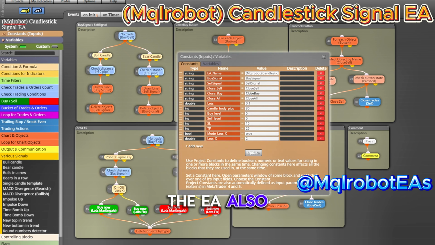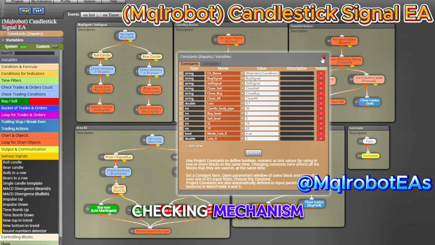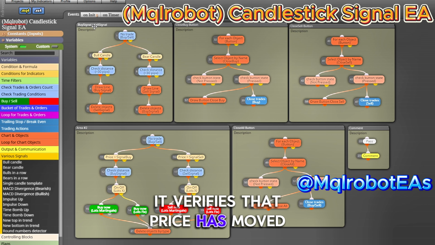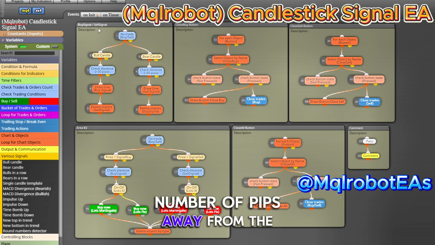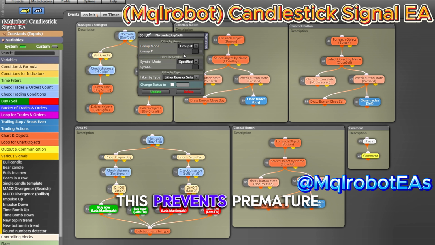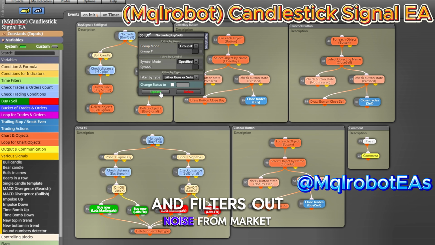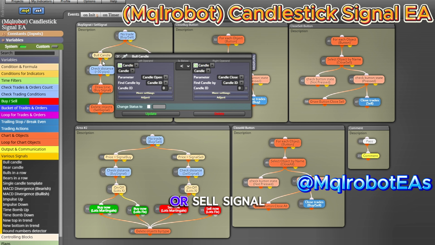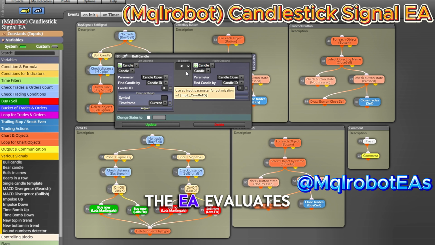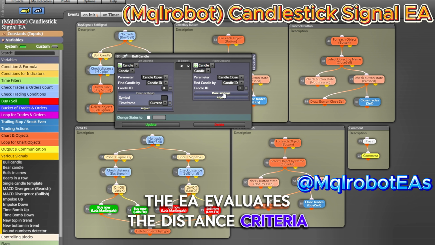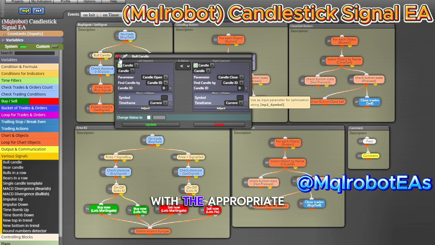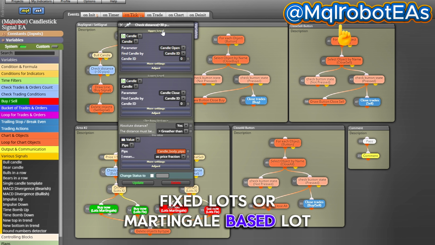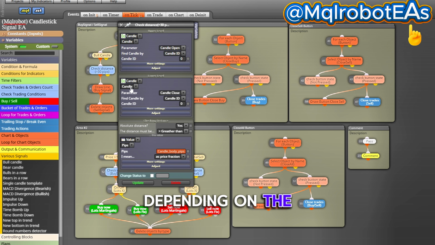The EA also integrates a distance checking mechanism. Before executing buy or sell orders, it verifies that price has moved a minimum number of pips away from the signal level. This prevents premature entries and filters out noise from market fluctuations. When the market price crosses the buy signal or sell signal level, the EA evaluates the distance criteria and then triggers the corresponding order with the appropriate lot sizing mode, fixed lots or martingale-based lot progression, depending on the user's